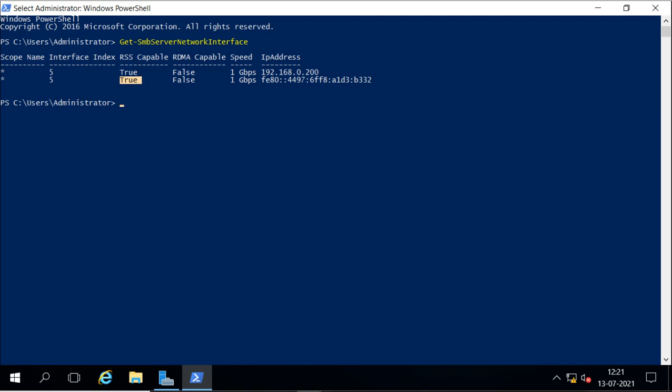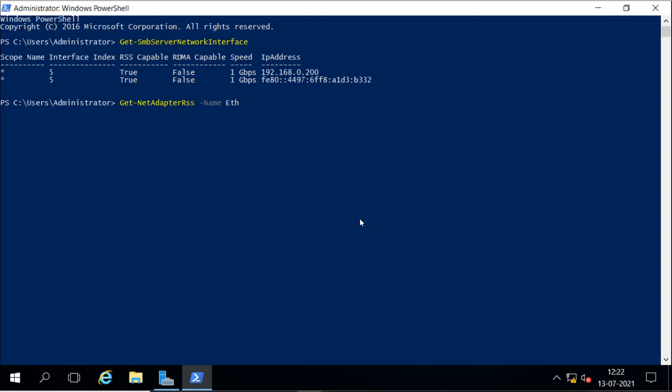The other command is Get-NetAdapterRss with the adapter name.